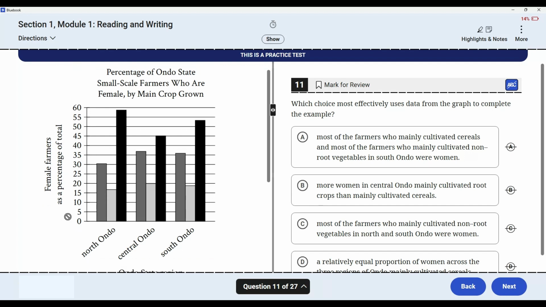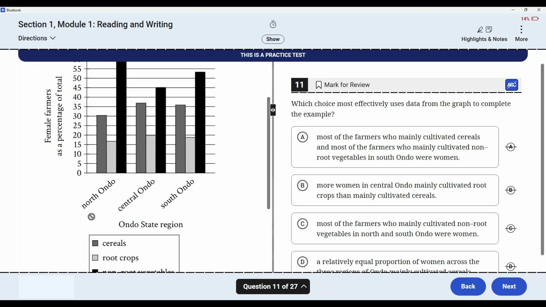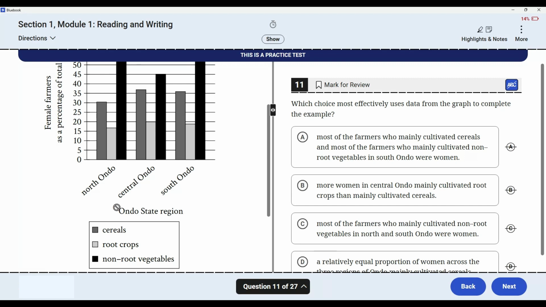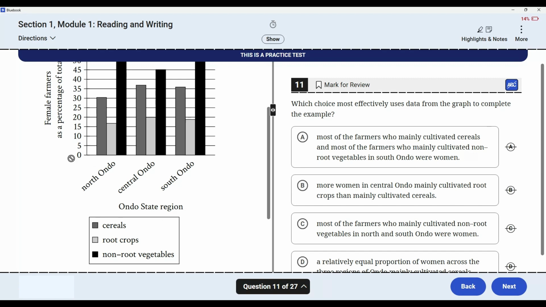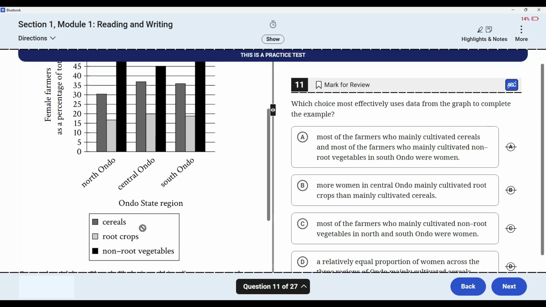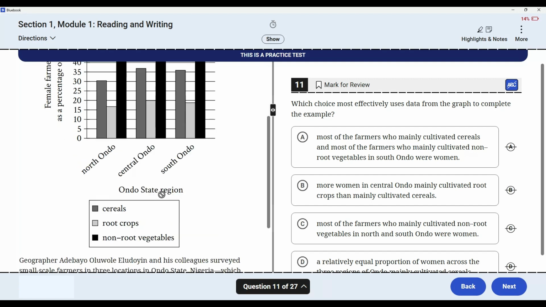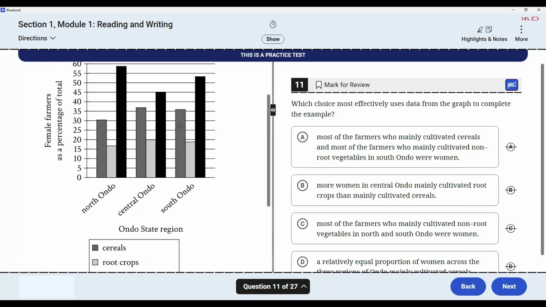So you look at the bar chart. If you're going to interpret it, it looks like generally this light gray is going to be the lowest, which would mean that female farmers as a percentage of all the farmers are the lowest with root crops across all locations. And then again, this medium gray, the cereals, is in the middle for all. So it's also going to mean that it's kind of in the middle, just hovering around 30-35% for all farmers